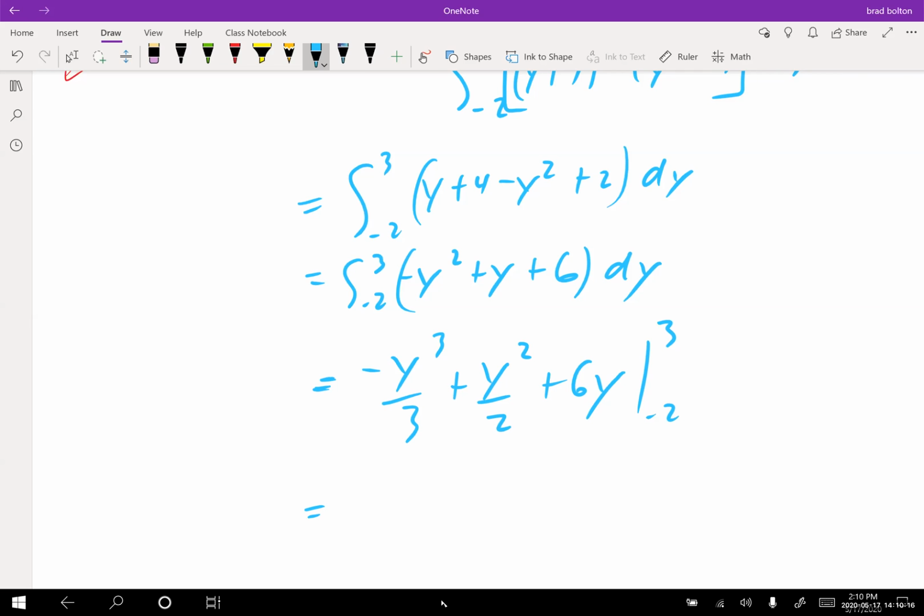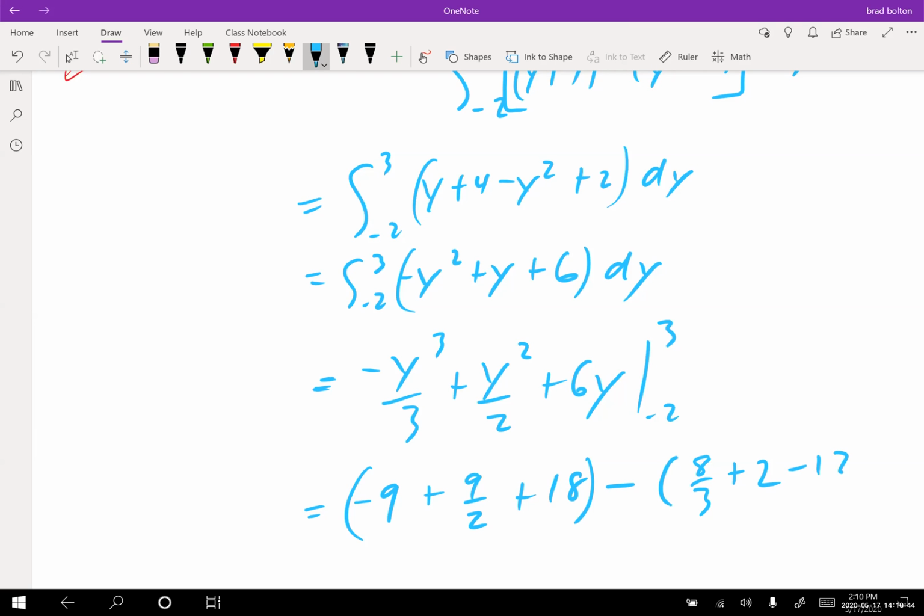So now this is going to become, what, -9, because 27 over 3 is 9, plus 9 over 2 plus 18 minus f of b minus f of a. So this will become plus 8 over 3, right? Because it's a -y cubed. So that's a -8 times negative would be plus. This would become plus 2, and this would become